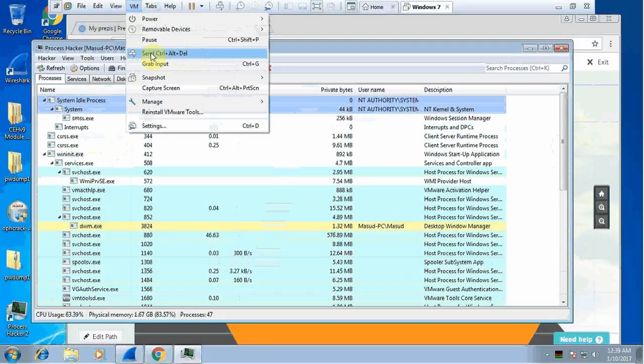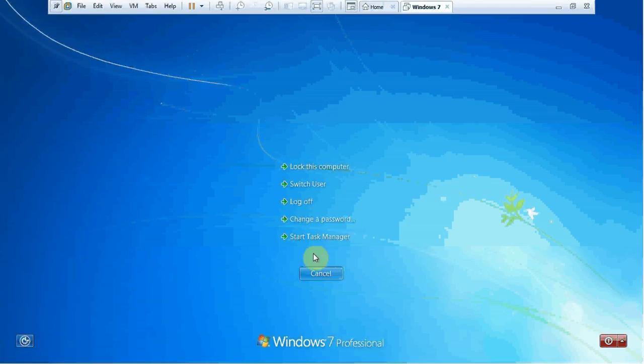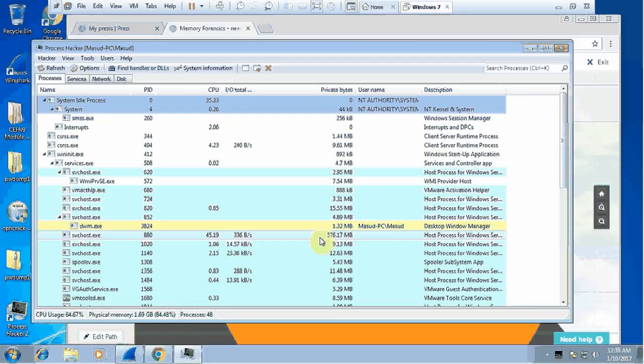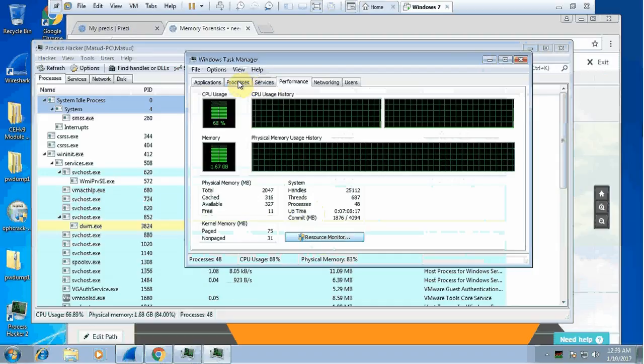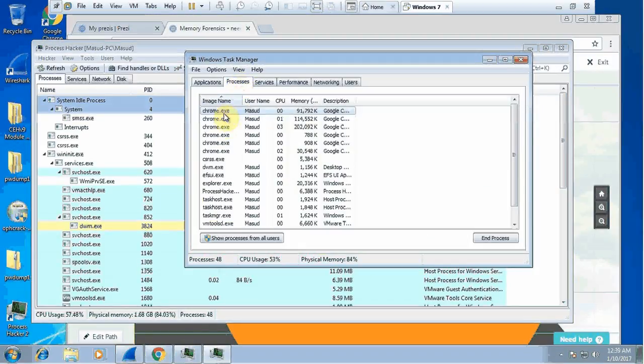Now you could see the processes running in your computer by going to Task Manager. I'm using a virtual machine, so I had to do that, but if you are using a real machine, you could just press Ctrl+Alt+Delete. What I am trying to show you is, if I go to my Task Manager, I could click on processes and I could see all the processes running in this machine. However,